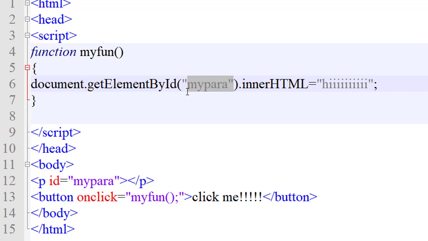By calling this id, the innerHTML will be changed, and in the paragraph the hi will be displayed.